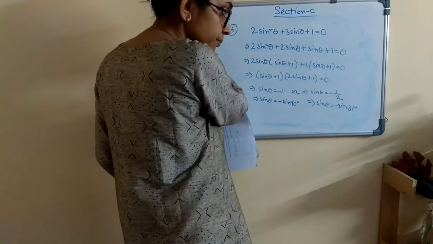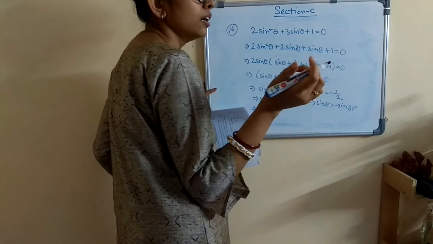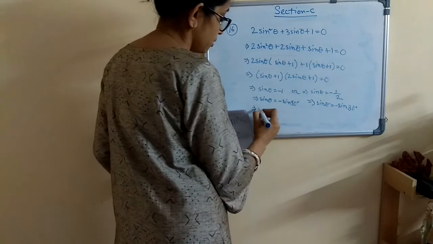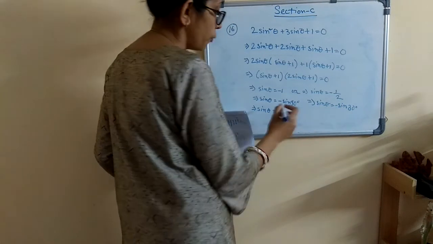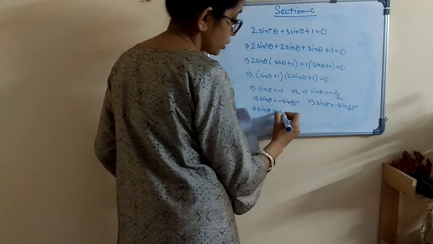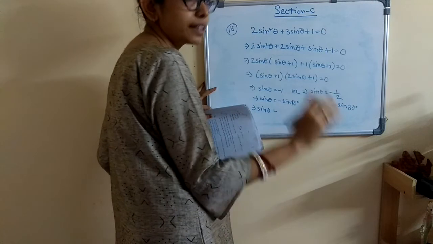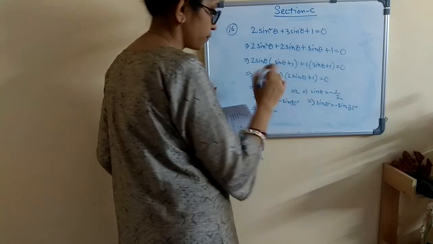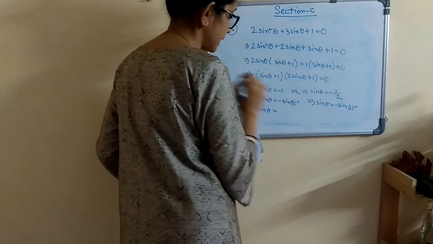Isn't it? Yes. So now you can say, ma'am, we can cancel out sin from both the sides. No, we can't. We have to convert it to some... Why can't we cancel? Because there is a negative sign. We have to convert it to the positive quadrant. So for that we have to know about the quadrant concept, in which quadrant the result of sin theta is minus. So sin(180 + theta) is equal to minus sin theta.